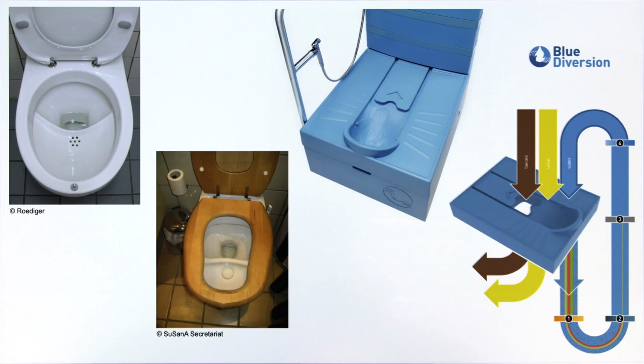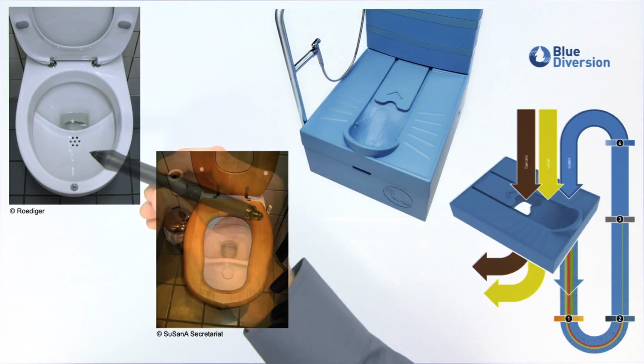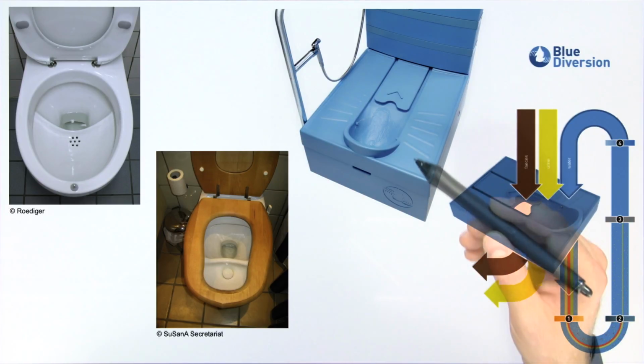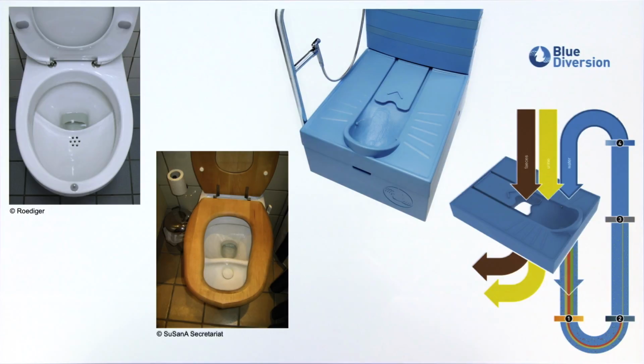This technology also exists in different shapes and colors, and as sit and squat models. This design here is also installed at the EAWAG offices. It collects urine, which we use for our research, mainly to study ways how to recover nutrients for the production of fertilizers. The blue diversion toilet, which was developed by EAWAG in collaboration with industrial designers from EOS in Austria,